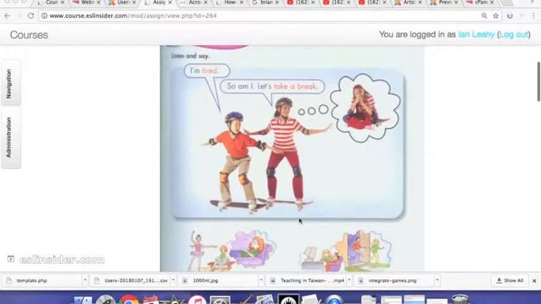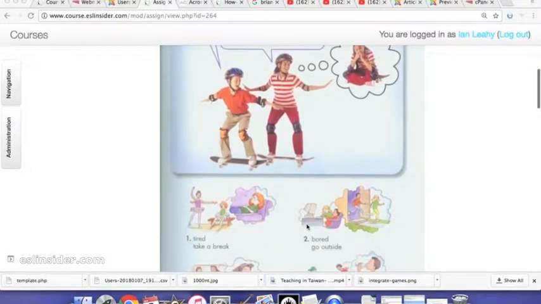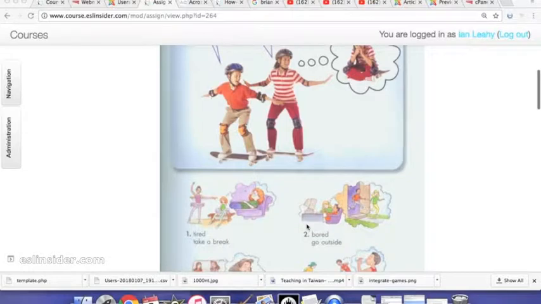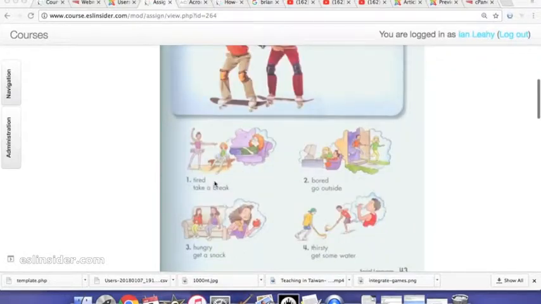Okay, so now depending on your class and their level, if they're lower level or this stuff seems kind of difficult to teach them all at once, you could just go through and, like I said, do the first four words. So everybody look at number one and say tired. Have them repeat after you. Say it again, tired. Have them repeat after you. Go to two, bored. Have them repeat after you. Then maybe